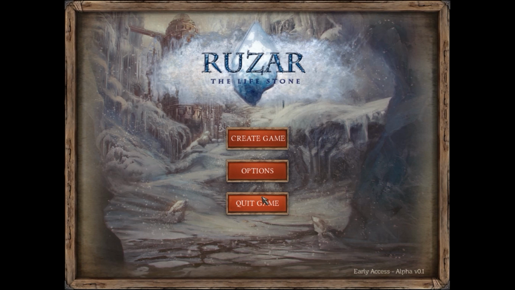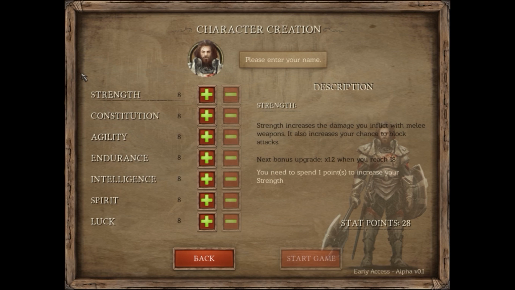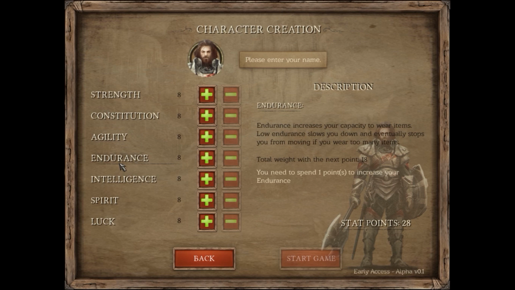For one, you only play as one character, and you can create that character in this character creation menu here. And with your available stat points, you can dump points into strength, which will increase your block chance and damage with melee weapons, your HP boost with constitution, and agility boost goes into dodge and crit chance, so all ranged weapons as well. All the sort of fantasy RPG mechanics pretty much in place. Endurance gets you carrying capacity, and there's also